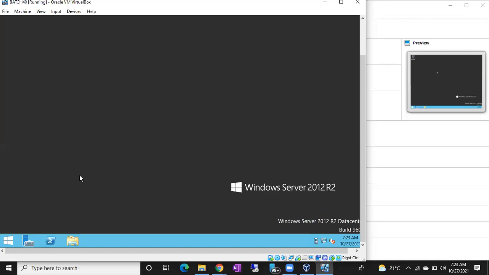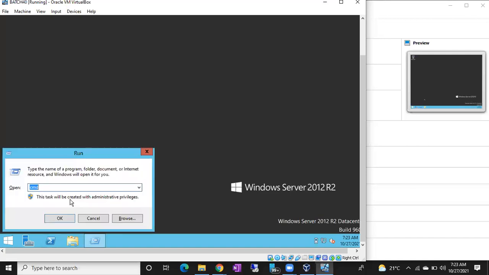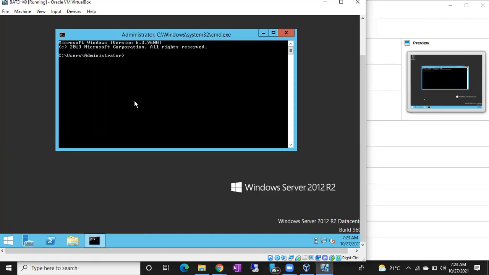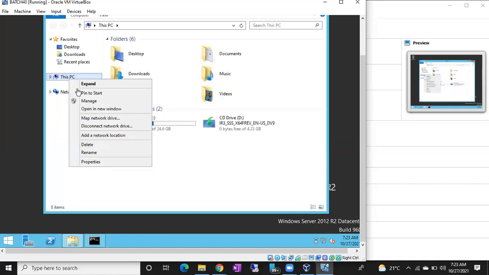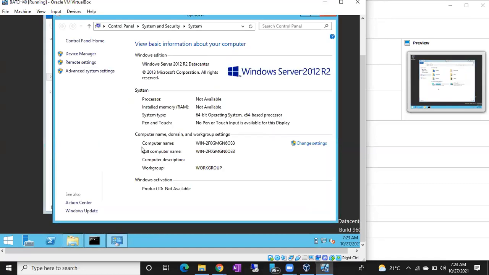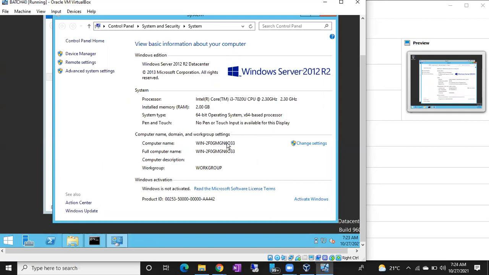Yes, sir. Okay, or else what we can do, let me check whether we can connect using the computer name or not. So how to find the computer name, guys? Host name. Host name, very good. Open command prompt and just type hostname, or else go to This PC properties. There also you can see the computer name. This is your computer name.